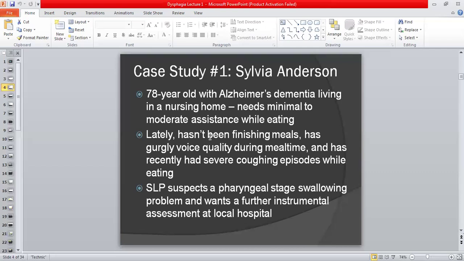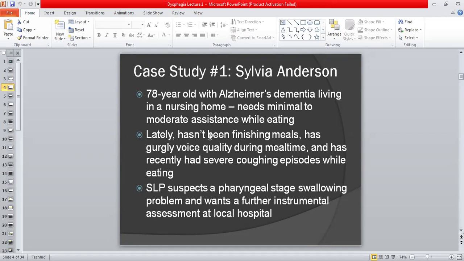Now, the next three lines. How did somebody realize that she has got a swallowing disorder? Now, there are certain indicators. For example, she was not finishing her meals. So this is one very important finding, that if somebody is not finishing his meal, number one, number two, he's not enjoying his food, number three, he has a gurgly or wet voice, again, a very important finding, and number four